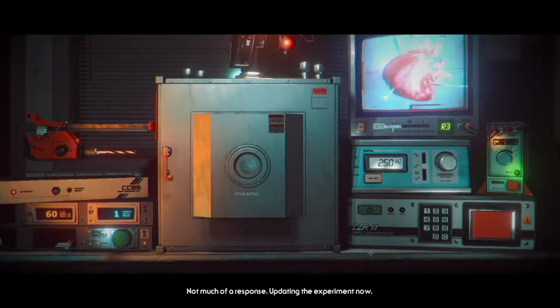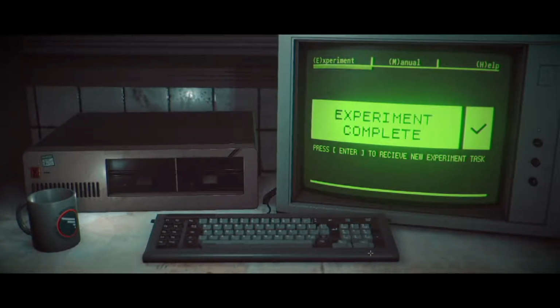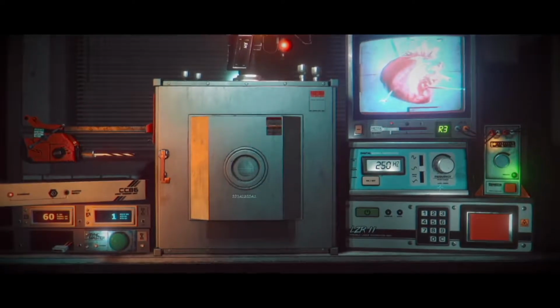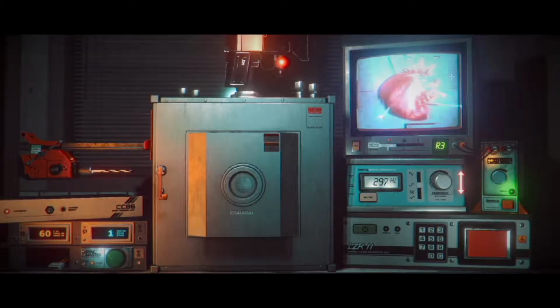Updating the experiment now. Why did I volunteer for this, Mr. Asian, or whatever my name is? Was it Asian? I don't remember. I feel like I didn't volunteer for this. 500 hertz sine wave, amplifier gain of 5. Oh, it's horrible. You just know. You just know. Eventually, this isn't going to be...